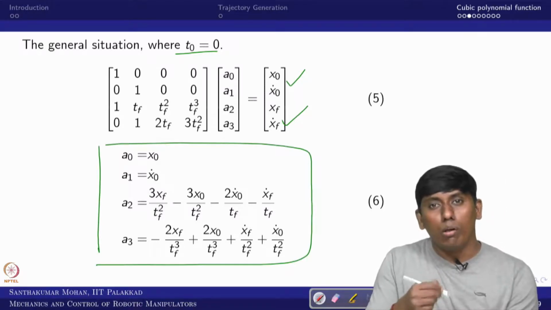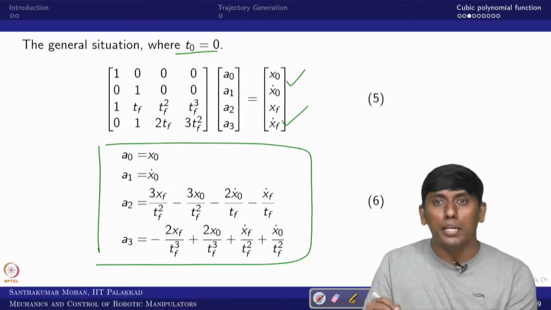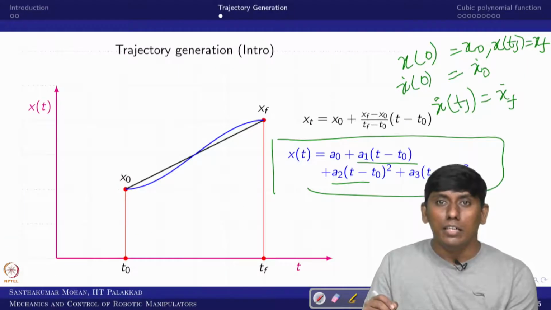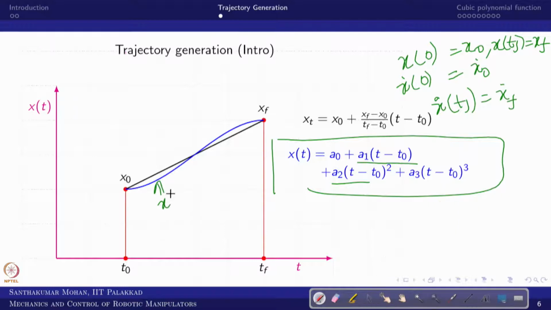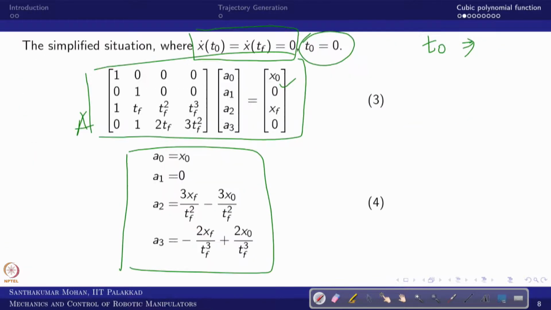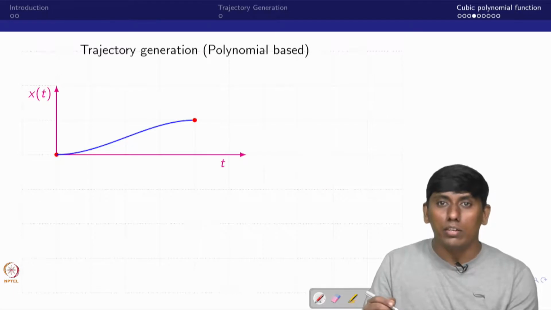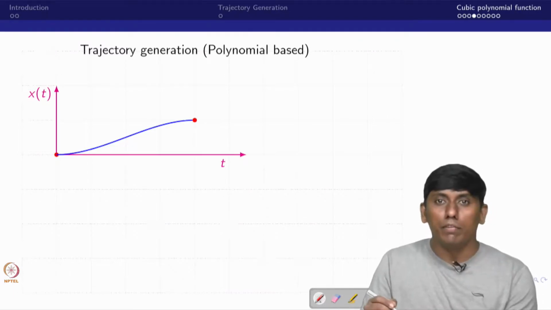Now you know all the coefficients. Once you know the boundary conditions, you can generate the trajectory. That is what we have done here. This is what you call x of t as a cubic polynomial. Now this equation has arrived, so we will go back to individual components, in the sense of how the velocity and acceleration will come, because the position profile we have seen.